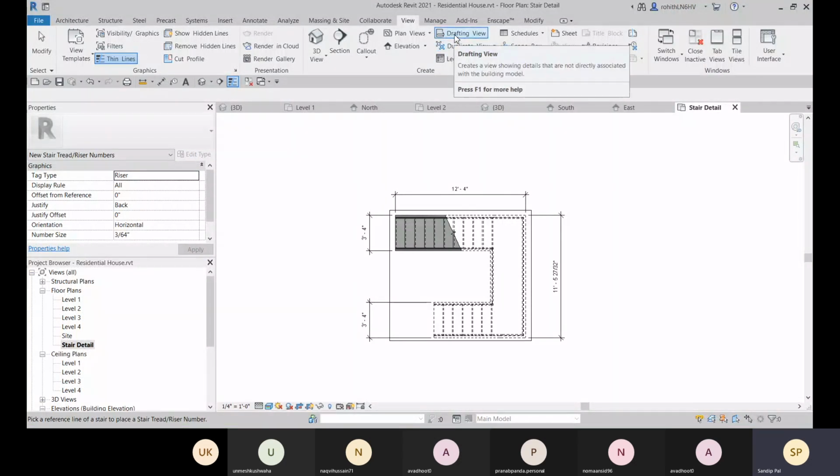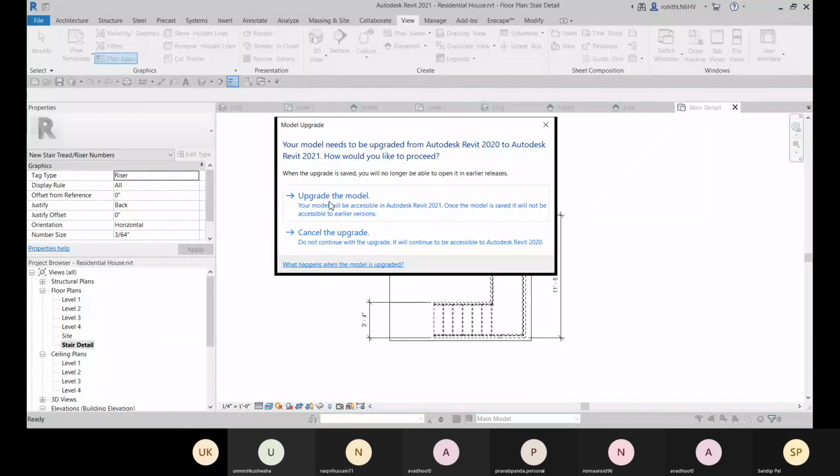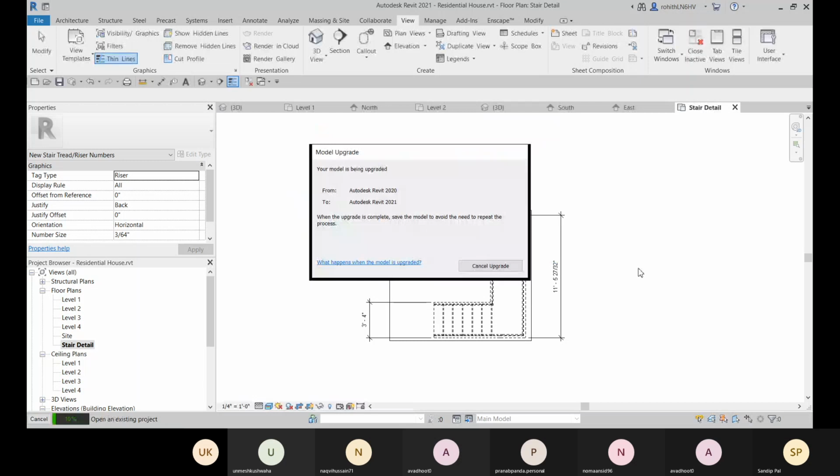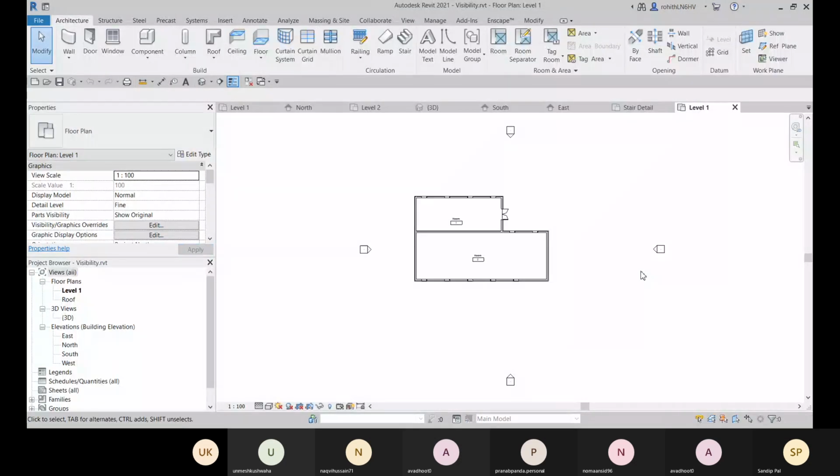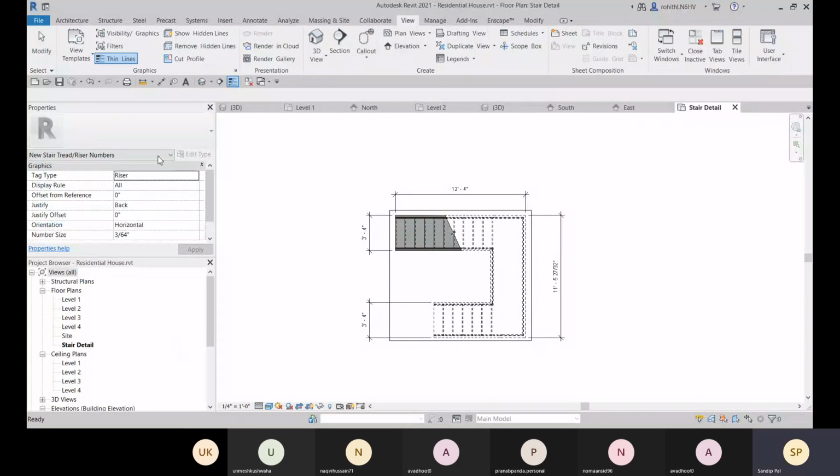We generally create the opening view like this; let me show you one. Just a second, let me open the file.